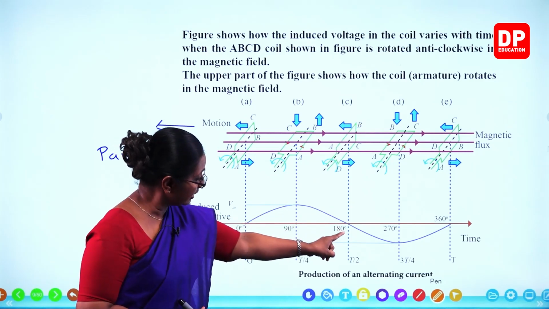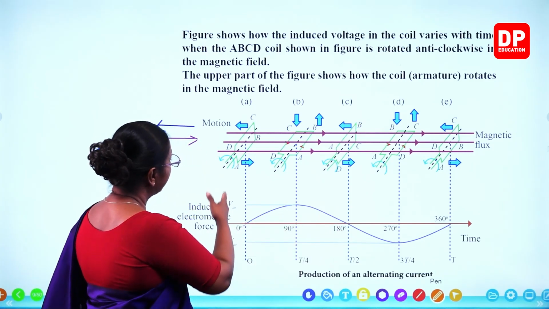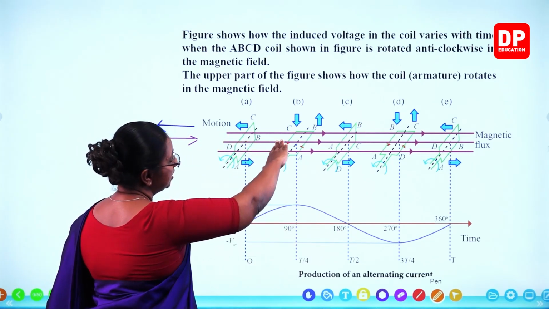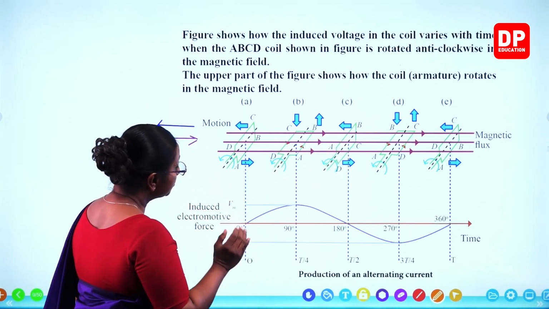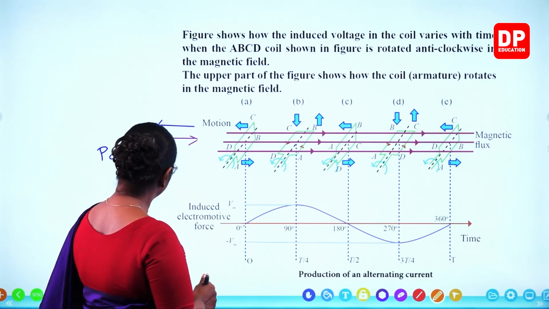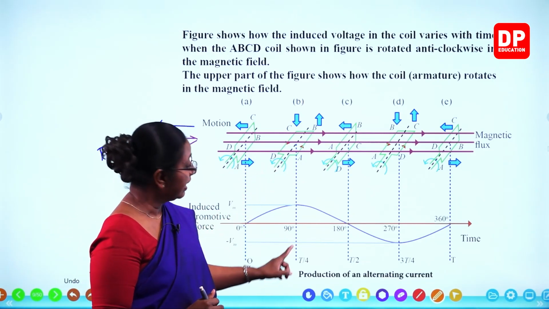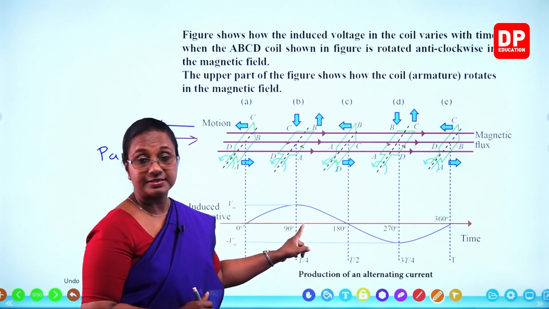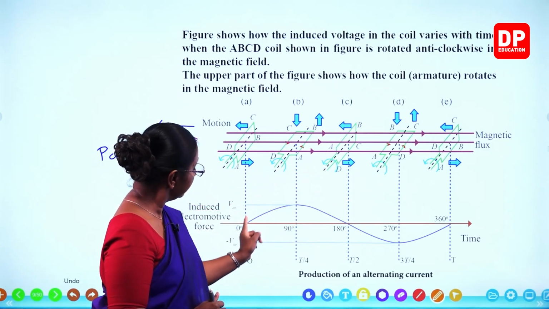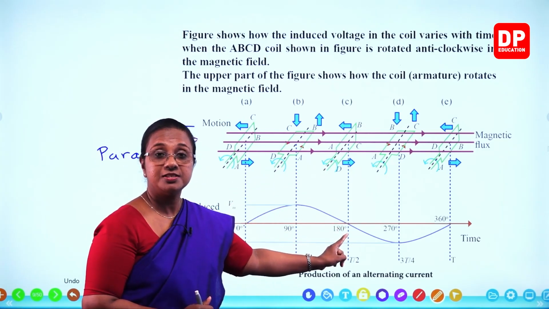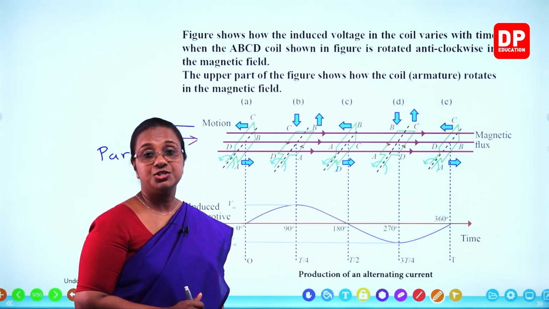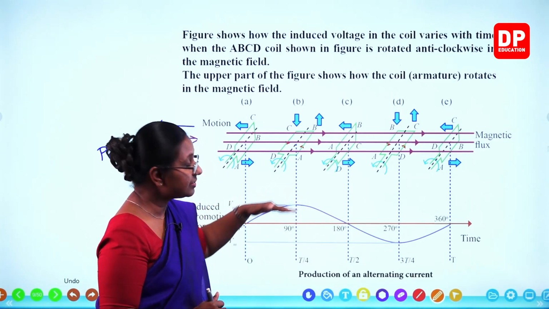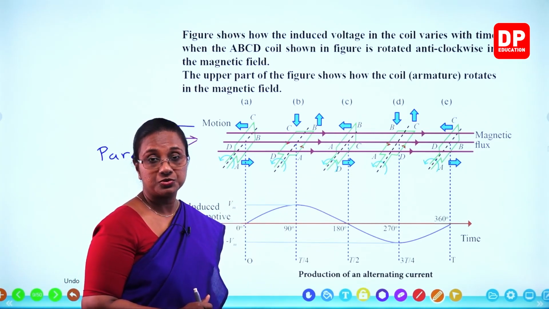Now if you look at the curve properly, you can see initially this position rotates and again this way. So there, while it is perpendicular, the electromotive force is maximum. When they are parallel, the electromotive force is 0. In between, there is a gradual change. So there is a maximum electromotive force. Then,